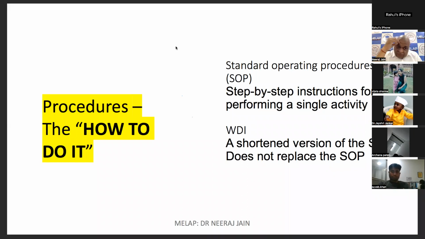For pre-examination, the patient is first going to the registration counter. From there, the sample collection area. From there, the sample is transported. Then the sample is received in the laboratory. From there, the sample is sent to the examination area. There you are performing examination. This is also a flow of activity. This is also a process within a process. First component is pre-examination. For pre-examination, again you have a process.